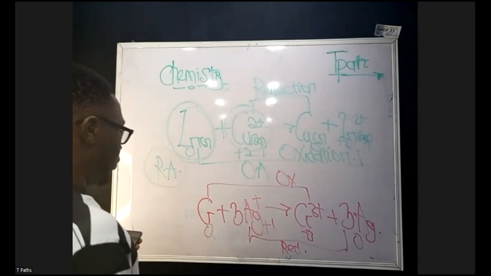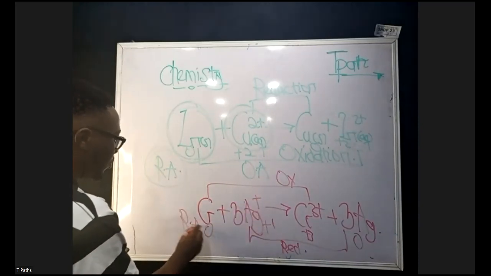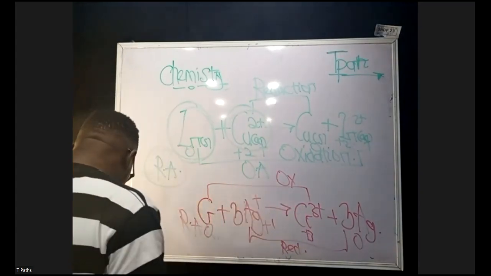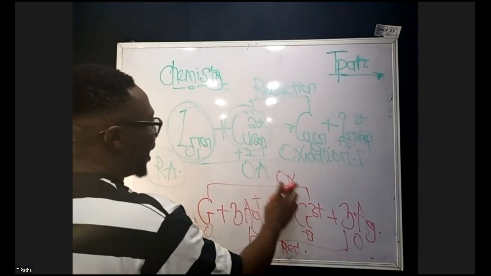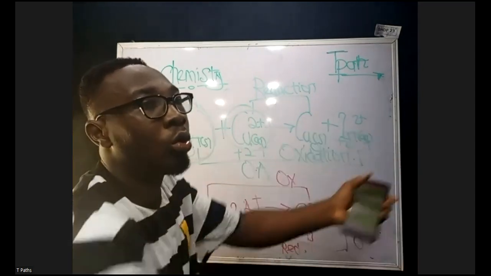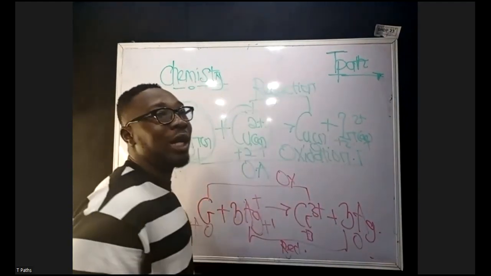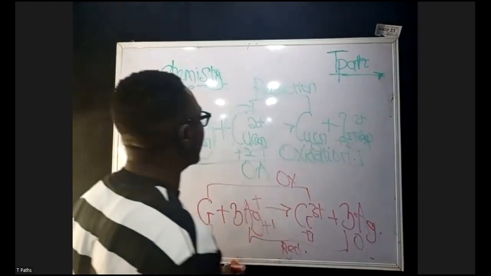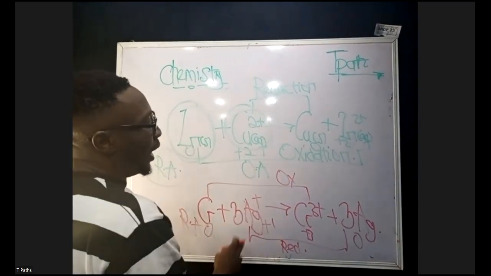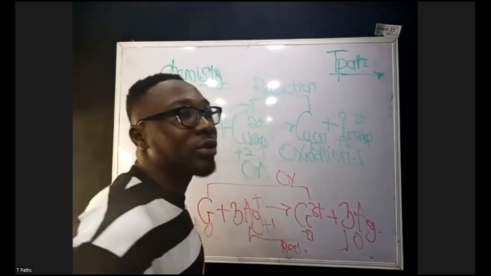Now, I want to bring out something, guys. 0 to plus 3 means chromium is a reducing agent. Chromium undergoes oxidation, and it is oxidized. You can also say that it is an electron donor, because it moved from 0 to plus 3. It has donated 3 electrons. Now you have Ag+ going from plus 1 to 0. You can clearly say that what has happened there is